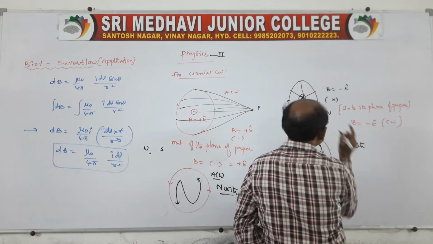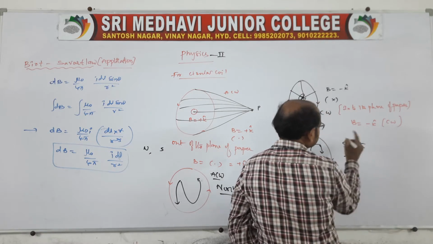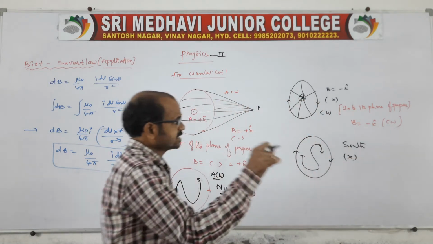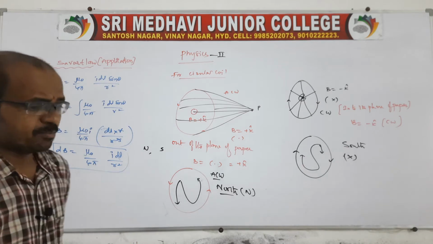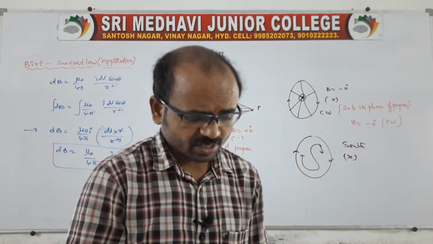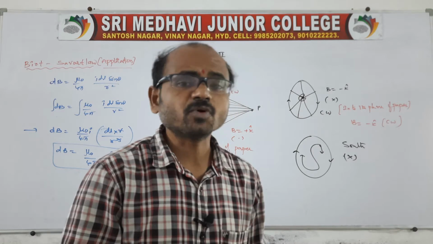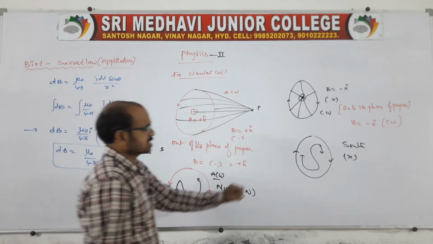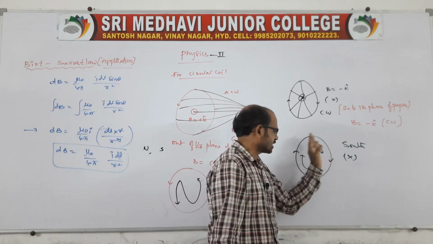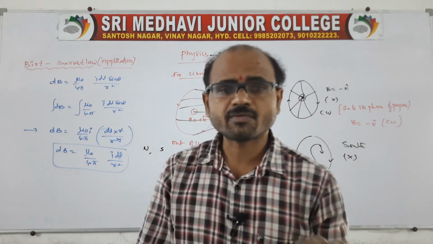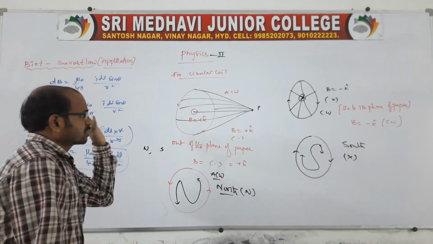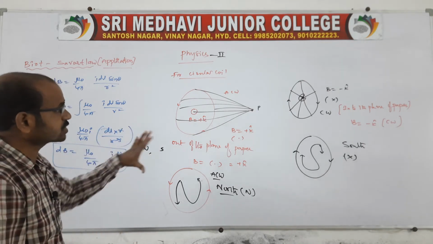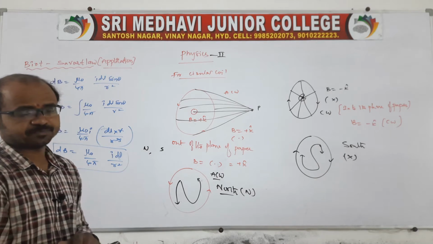And when the direction of current is clockwise, the field at the center is a cross field, into the plane of the paper. That's what we can say based on the direction of the current. Based on the direction of the current, the coil behaves like a pole. One we can say is a north pole, where the current is anti-clockwise. Another is a south pole, where the current is clockwise. So the coils behave like dipoles, and based on this, we have to derive the magnetic induction.